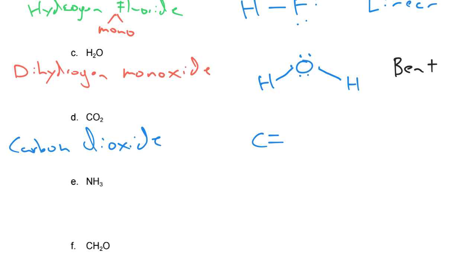That carbon is double bonded to 2 oxygens and has no more lone pairs on it. So that's very important. Without the lone pairs on the carbon, this stays linear. All right. Now, nitrogen